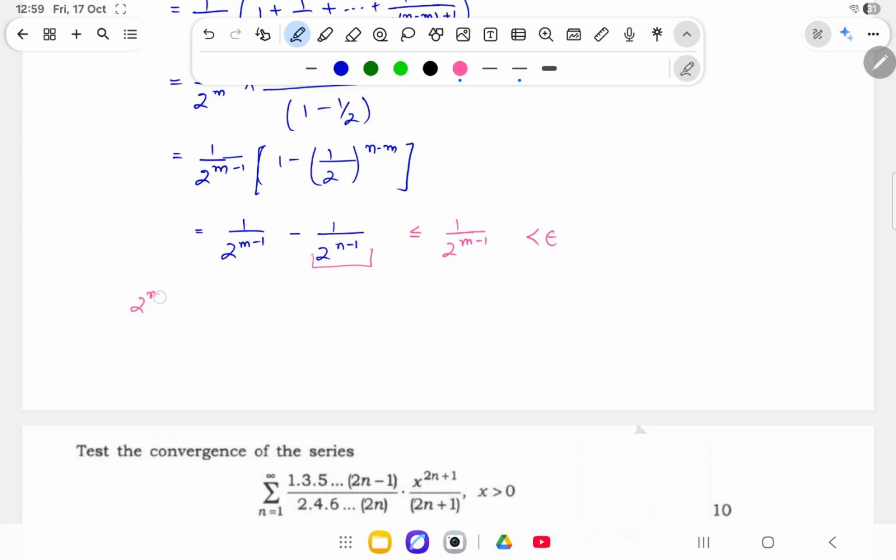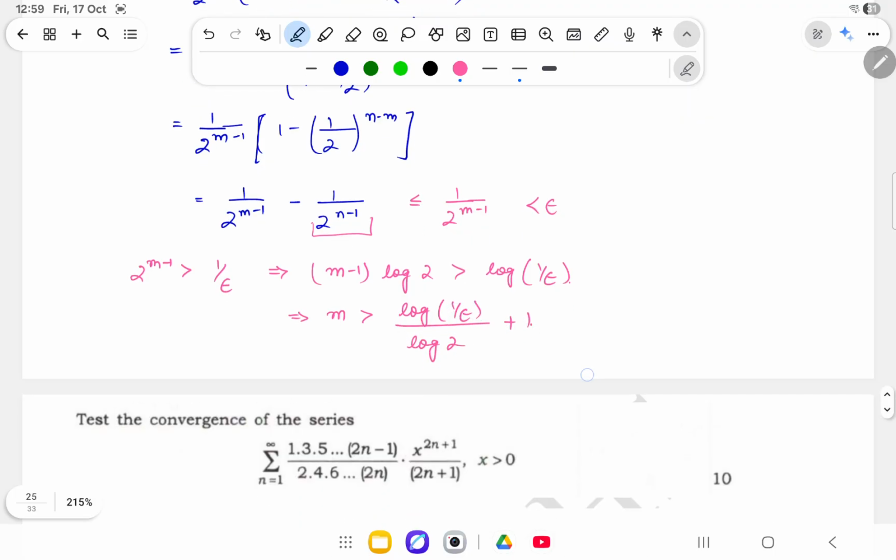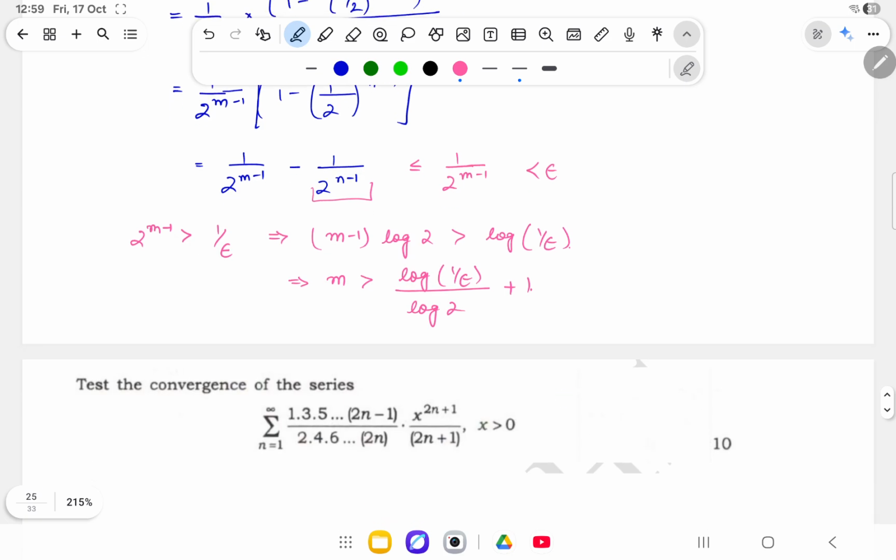So it will give me 2 raised to m minus 1 greater than 1 by epsilon. And from here, if I take log of both sides, I'll get m minus 1 times log 2 greater than log of 1 by epsilon. And from here I'll get m greater than log of 1 by epsilon divided by log of 2, plus 1. So if I choose my m to be greater than this quantity,